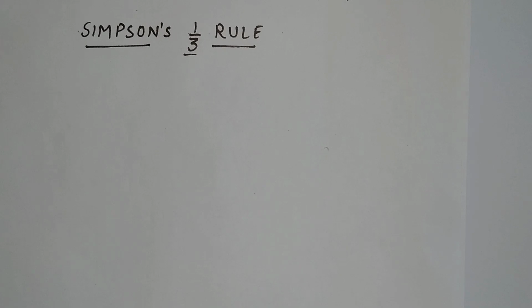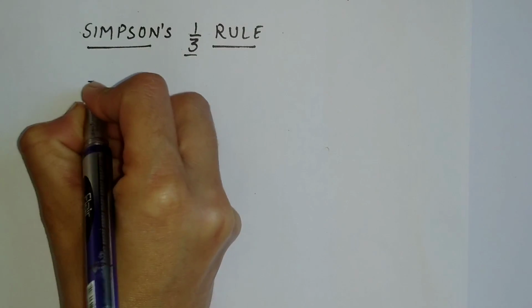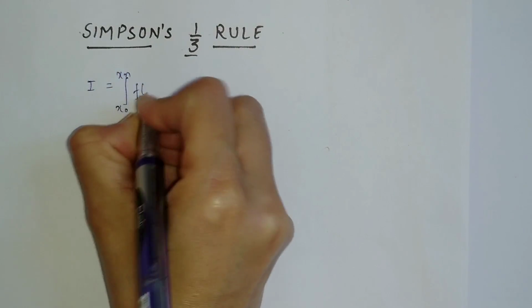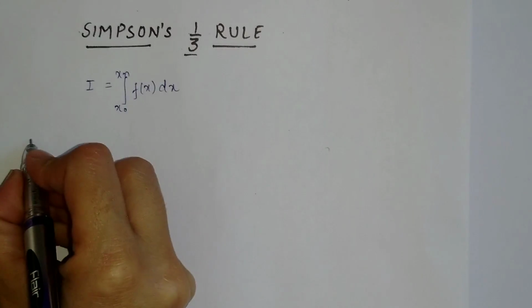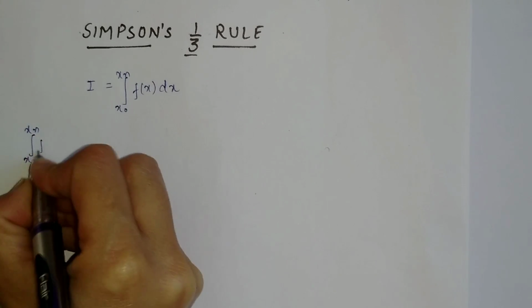In this video, we'll see how to solve integration using Simpson's 1/3 rule. Let's see the formula first. The integral from x0 to xn of f(x) with respect to dx, and the formula is given as, write the integral again, and this